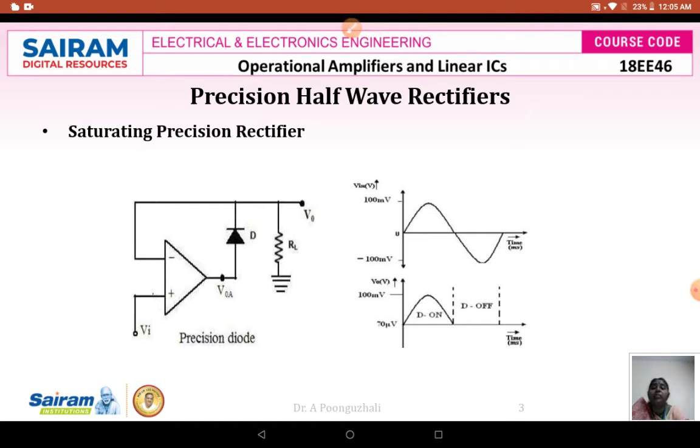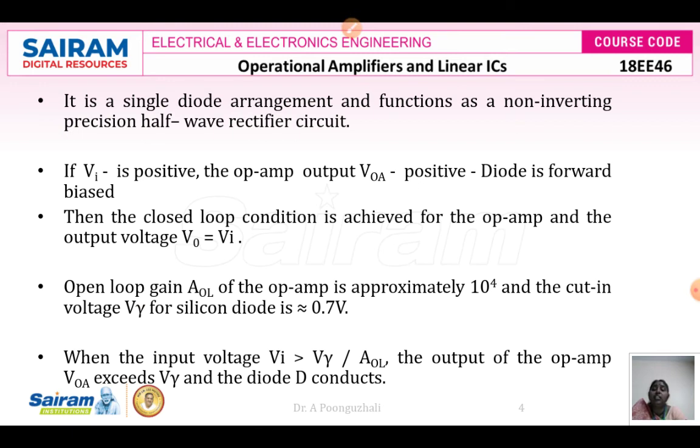So here in this case, when the input is negative, the diode is in the open state, there is going to be no current and your output is going to be saturated. That is, it is going to act like a comparator. So in that case, your output will have a saturation there. There will be no output voltage, but it will be saturated. So you can see here, it is a single diode arrangement and it is going to function as a non-inverting